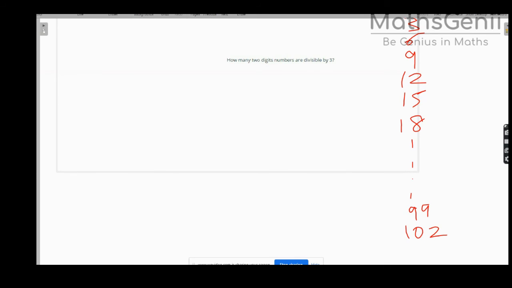So this I have written, the 3 table. Okay. Now what is he asking me? 2 digit. So 2-digit starts with this, so this is my A, and 2-digit ends with this, so this is my value, this is my A of n. So what is the formula? A of n is equal to A plus n minus 1 d.